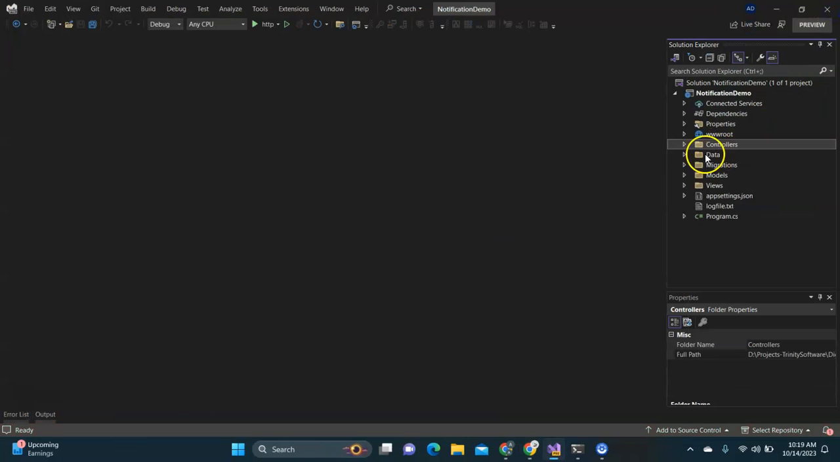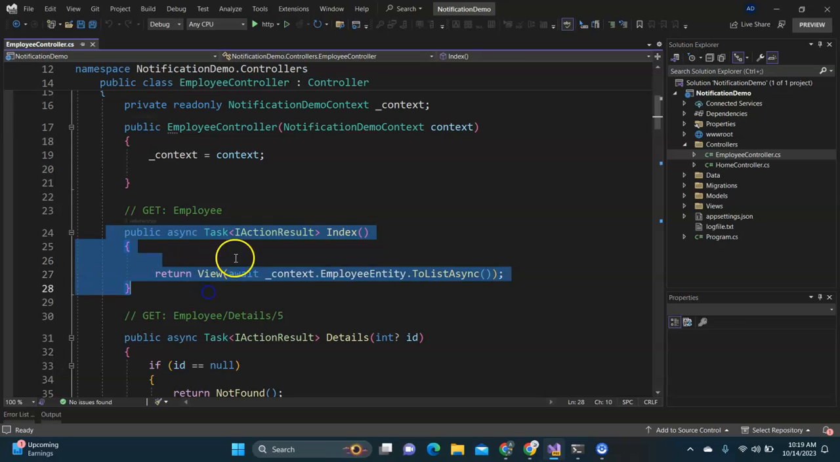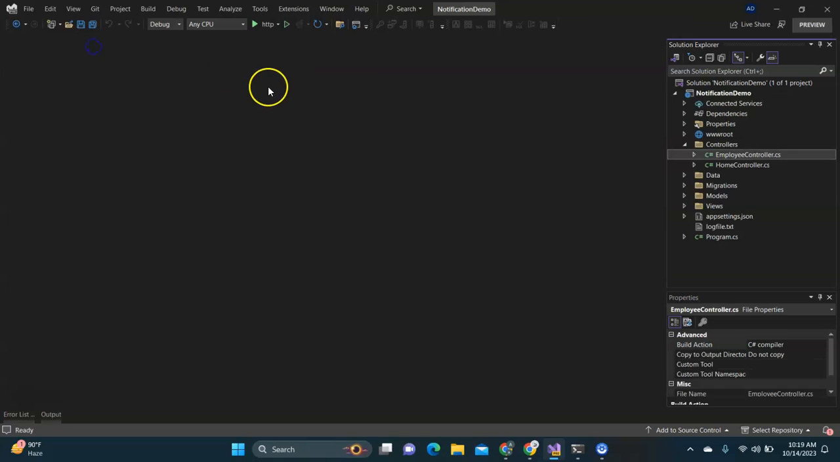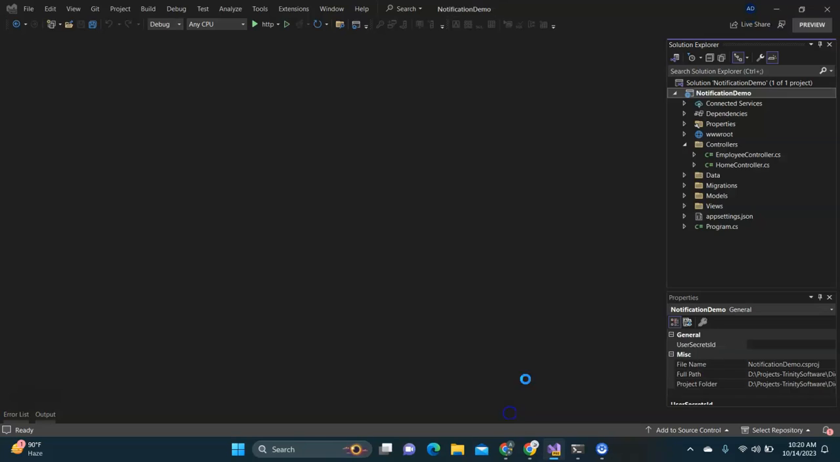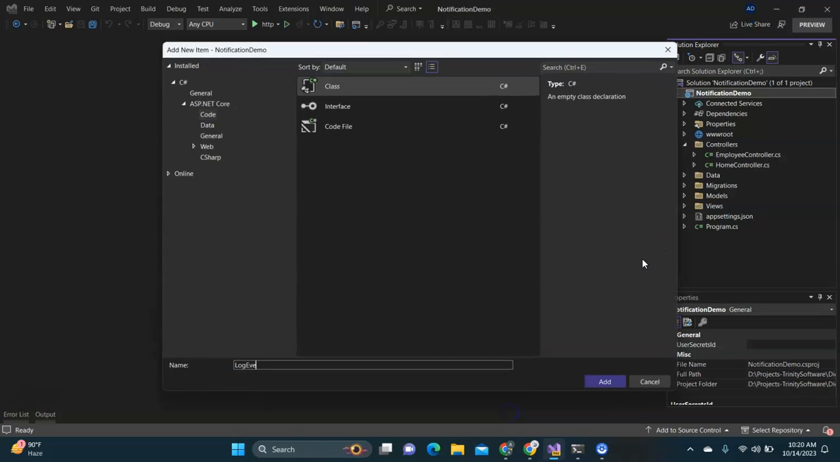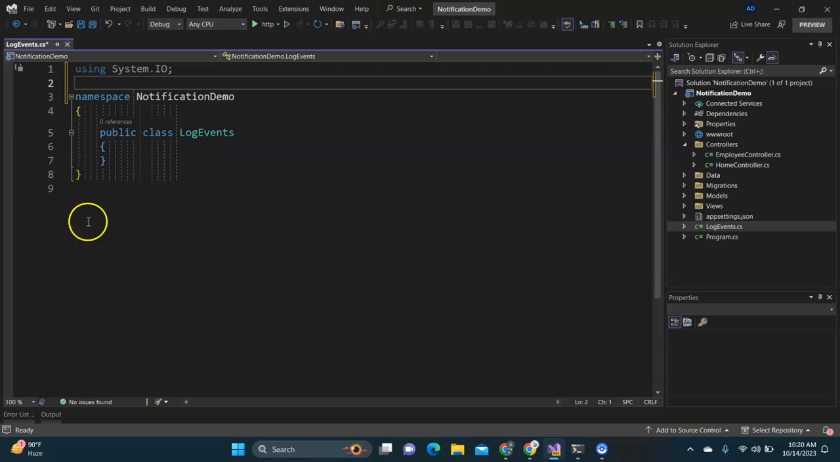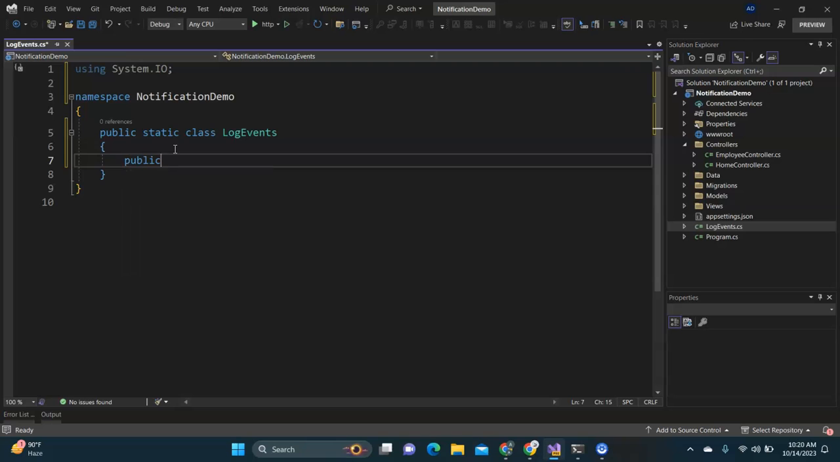So here, while we are fetching the employee record in this index method, we are going to log some exception and show how it displays in our project. So let's go ahead and implement the same. Right click on your project and say add class, and name it LogEvents. This class will use System.IO, and this will be a static class. So I'm going to say static class, and I'm going to create a method called public